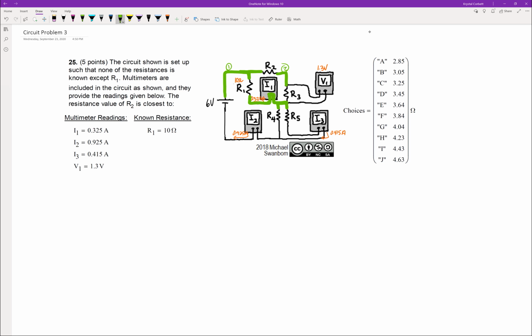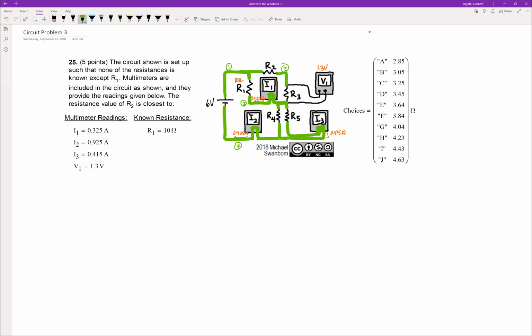It's not a circuit component. It's like it's just a connective material and just measuring what the value is of current at that point. Same thing with the multimeter measuring I3 and the multimeter measuring I2. That will be node 4. Now that I have my nodes identified, I can better see where current is going to split on multiple paths from node to node. The next thing I would do in order to solve this problem is I would redraw